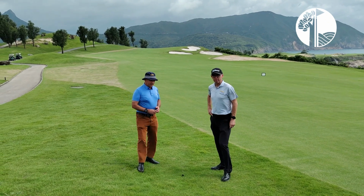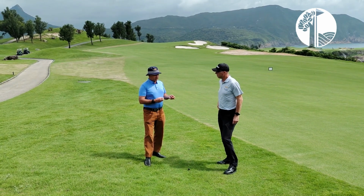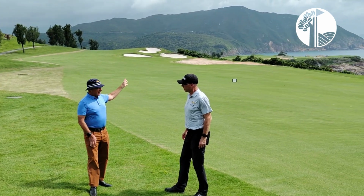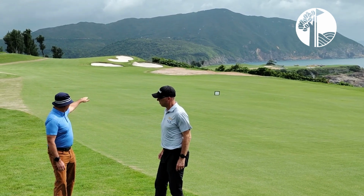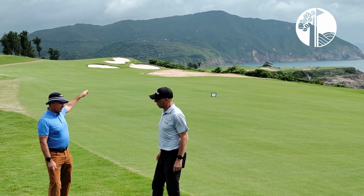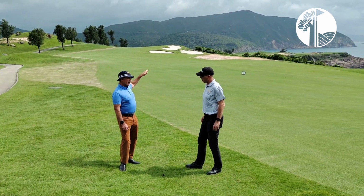I guess one of the thoughts behind hole 2 is it was fairly cluttered with a lot of bunkers, and if we can declutter the course a little bit of bunkers, that's probably a good thing. And I think this is one area where the cliff edge was sort of the main hazard on this hole. And I thought, well, why not allow golfers to hit up into this area where the bunkers were? So by taking the bunkers out, there's now that opportunity to hit up right into that part of the fairway. And potential advantage of that, depending on what the wind's doing, is a better able golfer might have